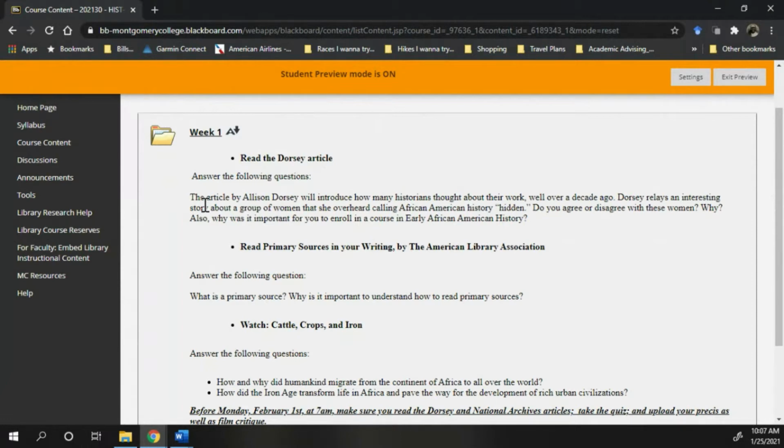Do you agree or disagree with these women? Is African American history hidden, and why? Also, why was it important for you to stay enrolled in the course in early African American history? So I would like for you to answer that question, as well as the question after you read this other